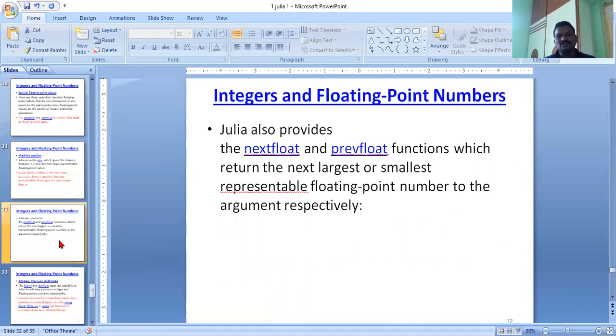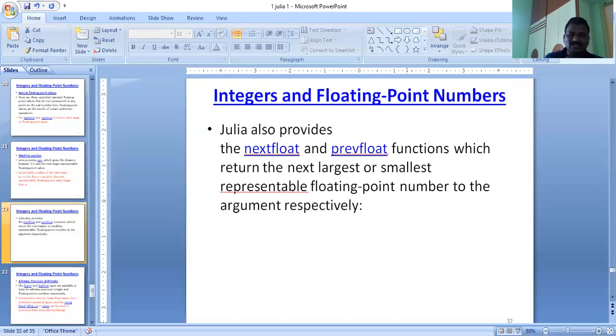And then the next important one, Julia provides next float and previous float values. Here, the next float as well as the previous float representation. It also provides the nextfloat and prevfloat functions, which return the next largest and smallest representable